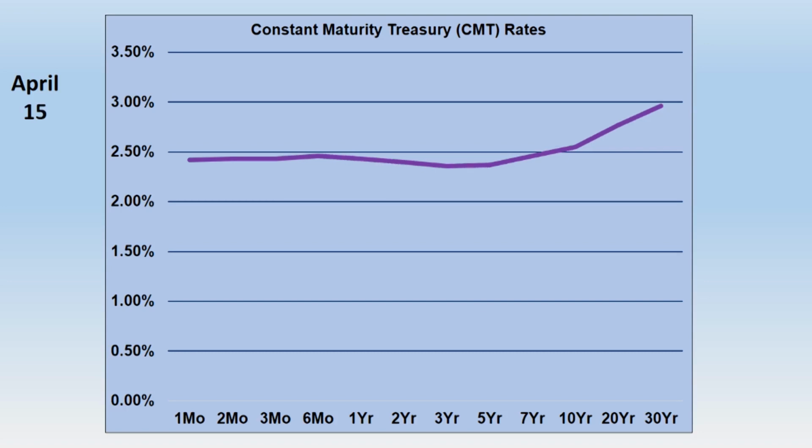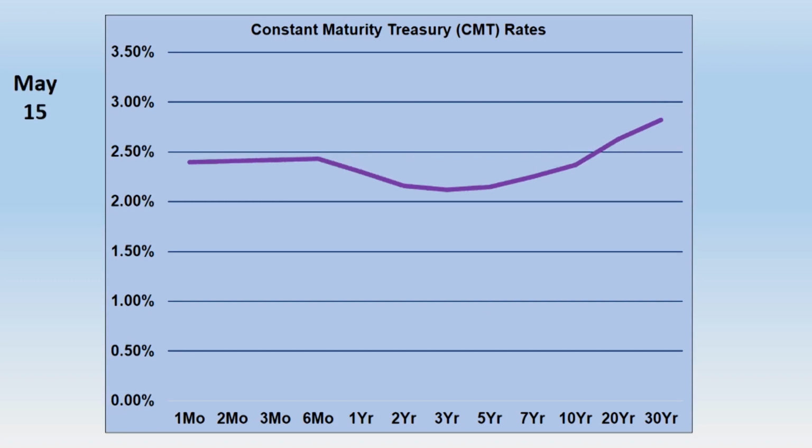April 15th, the yield curve moved up a little bit, but there's still that inversion in the middle years. On May 1st, the inversion becomes a little more pronounced again. On May 15th, it became very pronounced. You can see the difference between the 1 year and the 7-year and 10-year notes, how it dips down and makes that big concave shape. And on May 30th, that concavity still exists. The 2, 3, 5, and 7-year notes are trading at a rate that is less than the 6-month T-bill.